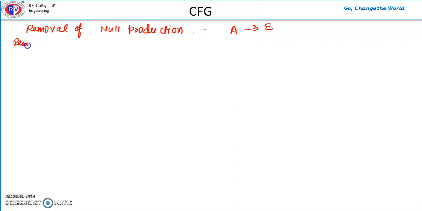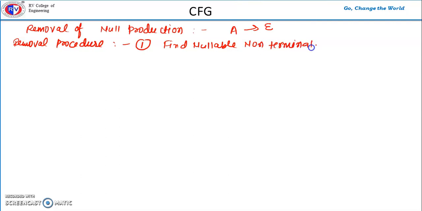Removal procedure, step 1: we have to find the nullable non-terminal variable. Variable here means non-terminal. So what is a nullable non-terminal variable? If I have a production like A to epsilon, where A can be any non-terminal. So first we have to find the nullable variables, and then for each production,